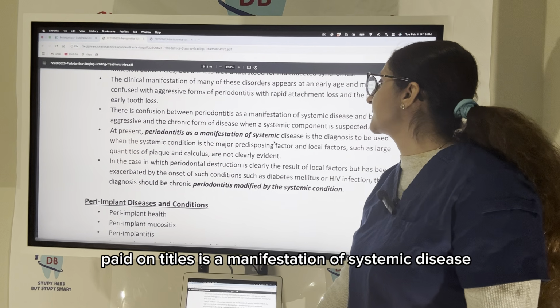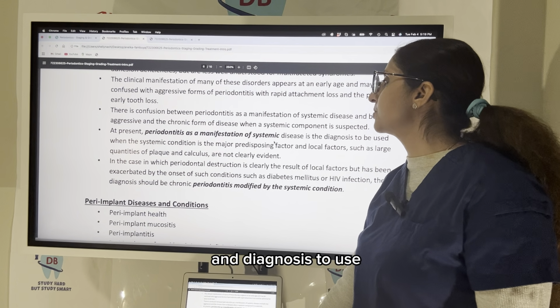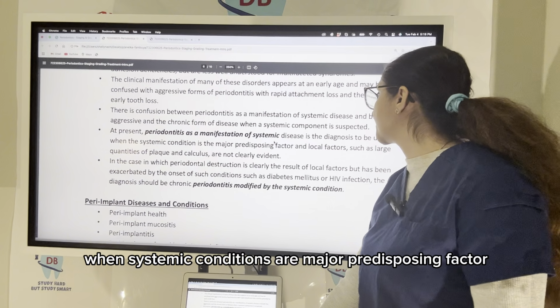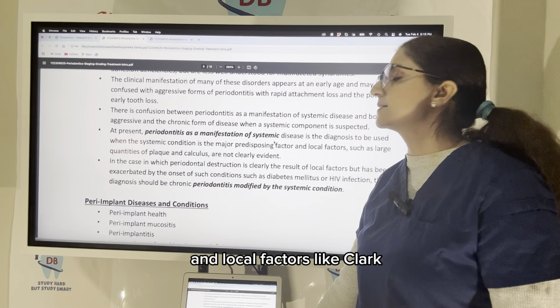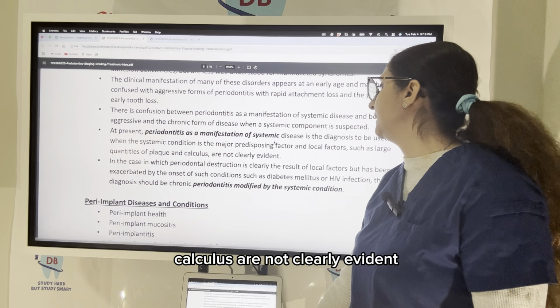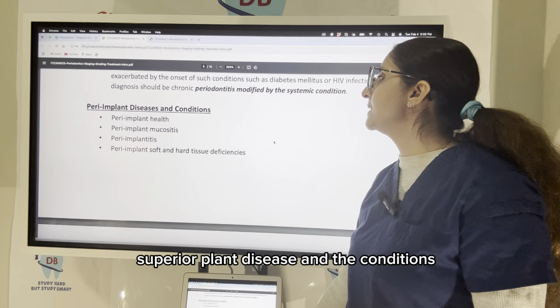So periodontitis can be a manifestation of systemic disease. This diagnosis is to be used when systemic conditions are a major predisposing factor and local factors like plaque and calculus are not clearly evident. So, peri-implant disease and the conditions